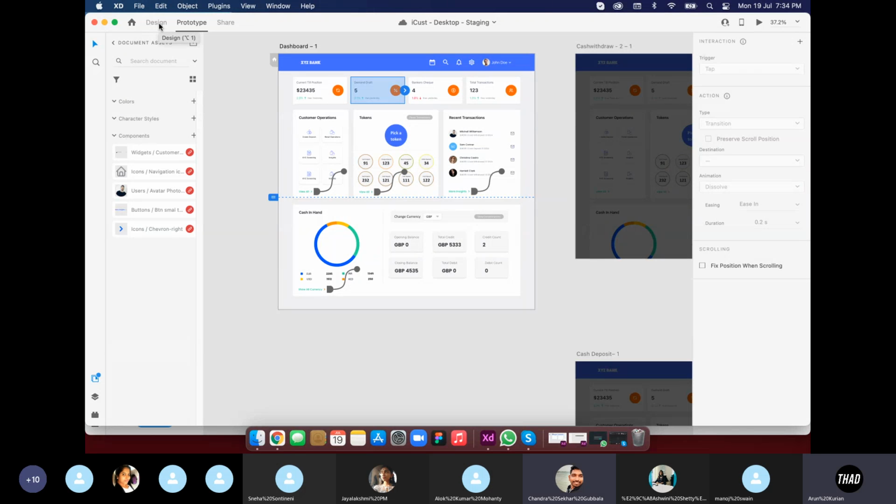Got it. So these are some of the design aspects, and you can do a lot of things using it. For example, if I want to display some values of a drop down, you can simply create a small artboard with a drop down, and from this particular link you can link it to that drop down, and when you click on it, it will display like that.